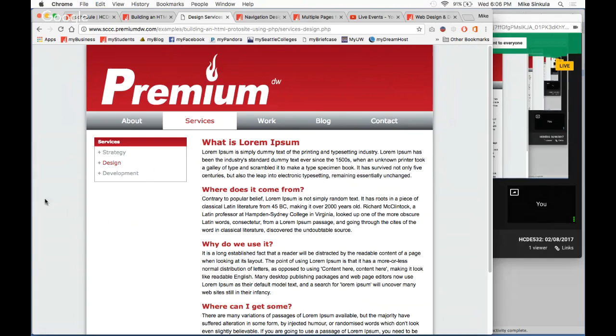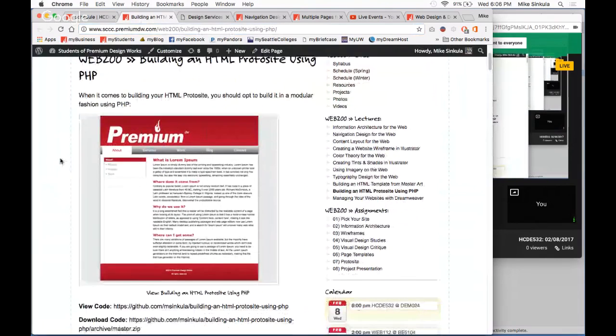So what we are going to do today is build a multi-page site using the PHP extension. As well, we are going to use some conditional statements to say if we are on this page or under this section, keep this highlighted. Okay, so that's the exercise that we're going to go through today. So if we go back to this lecture then,